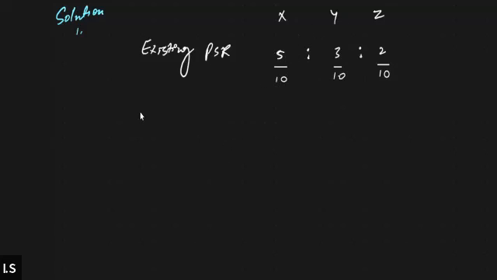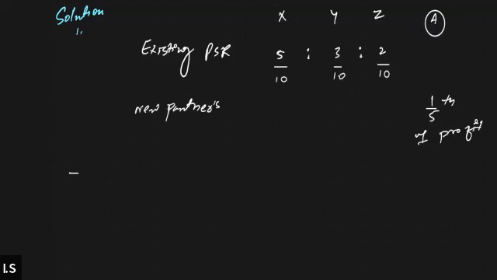Now what is happening? They are admitting a new person, a new partner. So new partner's share is how much? Who is the new partner? Mr. A is the new partner, right? So A is going to take 1/5 share of the profit. This will be the share of the partner. I haven't started the solution yet. I'm just simplifying the question, whatever is given in the question.